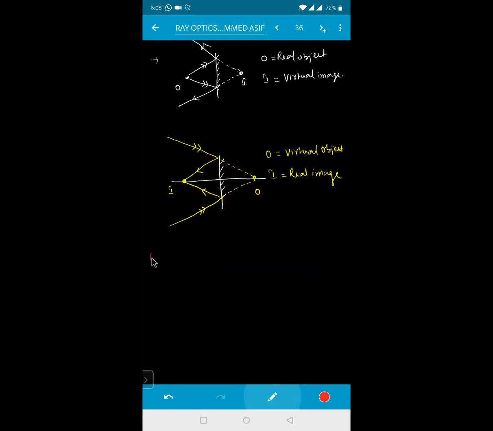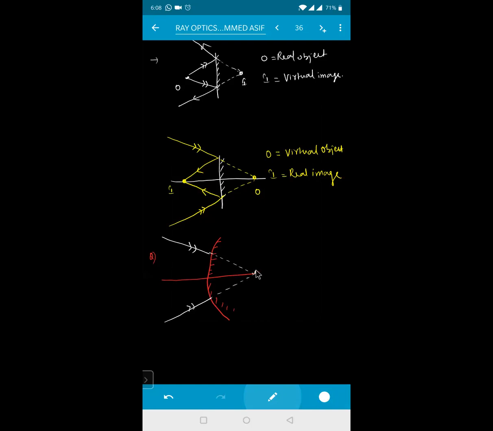Tell me the answer for this one. Say, for example, this is the given mirror for you. This is your principal axis, and this is silvered inside like this. Okay. And a ray of light is coming from a very large distance like this, and this ray of light is also coming from a very large distance like this. You know that when the rays of light are incident on this one, they appear to be converging somewhere here.